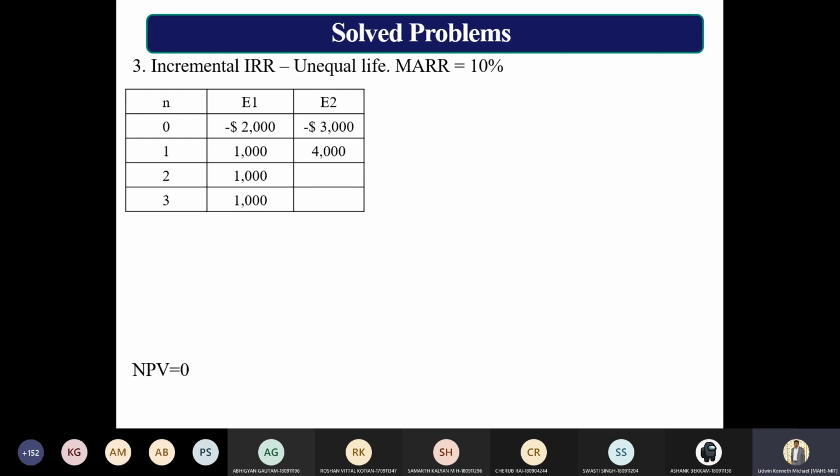Now, how are you going to do it? Just like the previous LCM method, right? Remember the LCM method. How are you going to compare the alternatives? You have to use the LCM method and bring alternative E2 equivalent to alternative E1. So you need to make the reinvestment happen for alternative E2. One good thing is that it is between 3 and 1 year actually. If it was between 3 and 2, then for 6 years, you should have considered the LCM where the investment would have been changed. So here you are reinvesting alternative E2 for 3 more years.